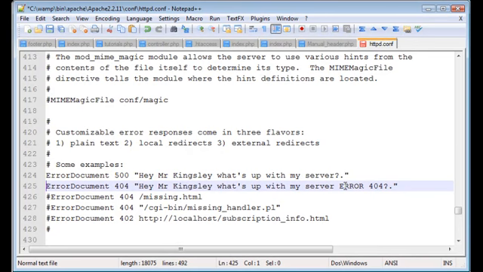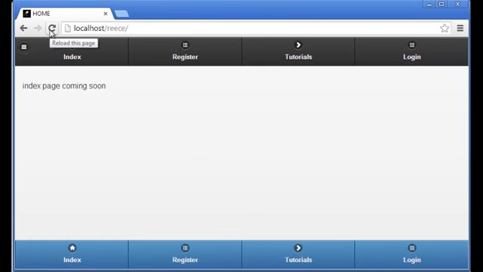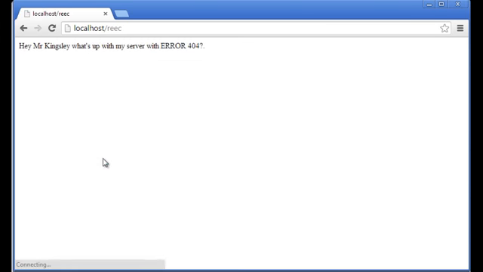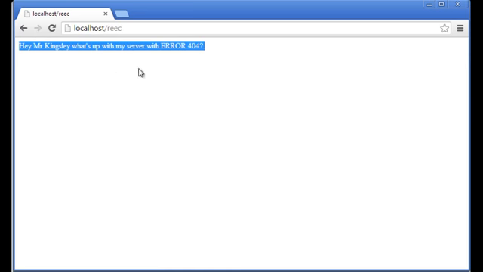So let's throw a condition that will throw up this error 404. I will save that and then go ahead and restart my services. Restarts. I will now throw a condition that will throw error 404. One of those conditions is that if you do not specify, say for instance, your root folder in your browser, that will throw error 404. See, hey, Mr. Kinsley, what's up with my server with error 404? See, so you can write your error documents